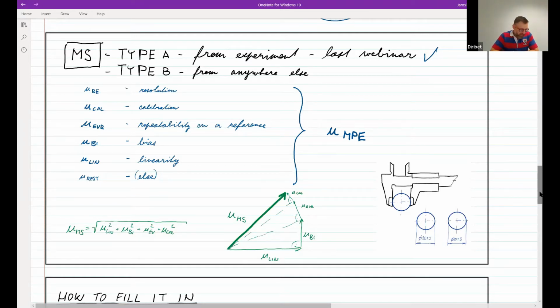All right, one quite important thing. If you have what's called the MPE, maximal permissible error of your device, it should be a number, it should be the uncertainty that covers everything about the measuring system. So if your device comes with the MPE, which is true mostly for the standard measuring devices, like a caliper, then you don't need to worry about those and just fly with this number.